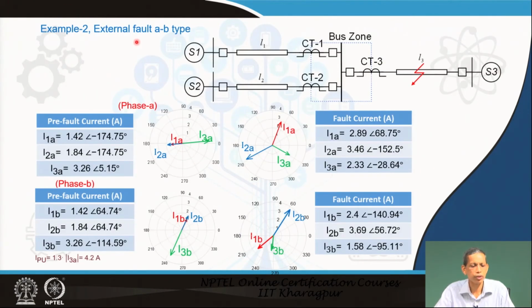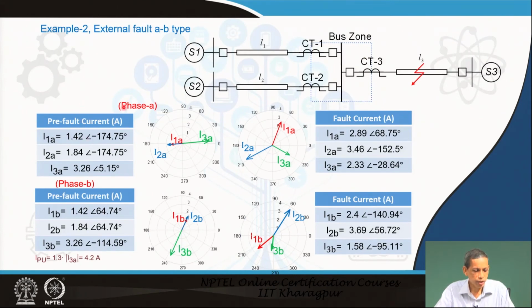This case is for an external fault. In a bus bar, the fault can be either an insulator failure or an external element fault on the buses, and there are numerous regions of faults. So, consider a fault of AB type; in this case, an external fault, in the line beyond the corresponding bus bar.